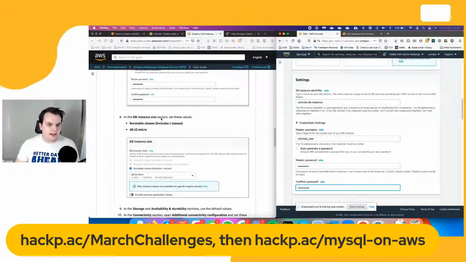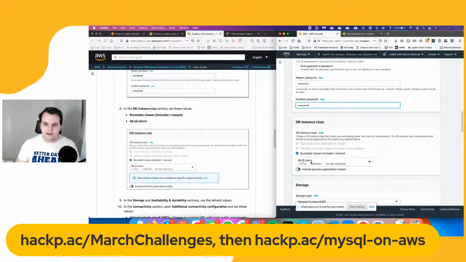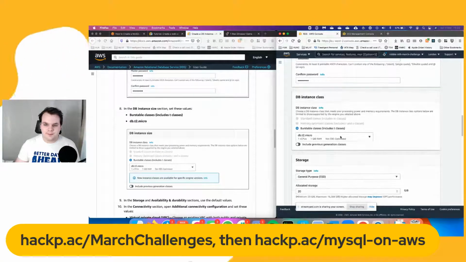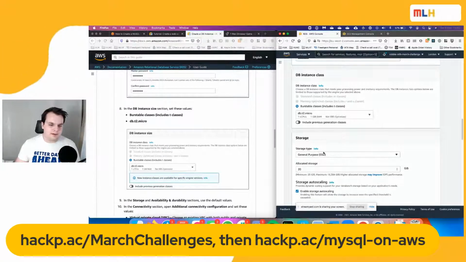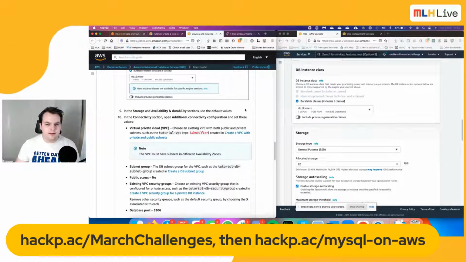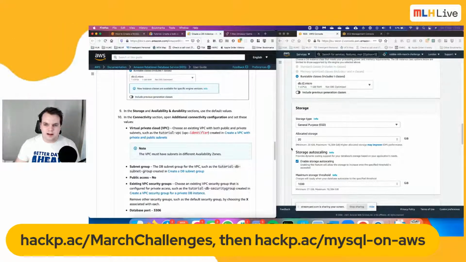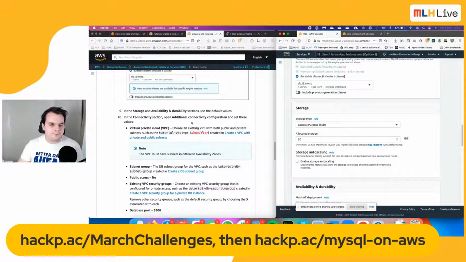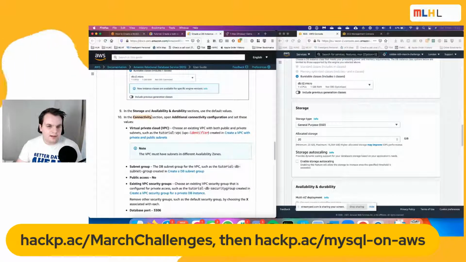Okay, in the database instance size, we're going to select that T2 micro again, which is the free one. For storage, we're sticking with general purpose and 20 gigabytes. That's what it says here. Use the default values. Actually, let's turn off the auto scaling. We don't need that. In the connectivity section,